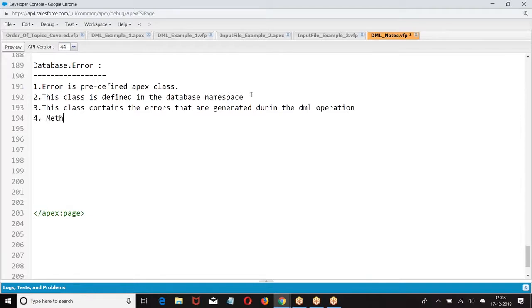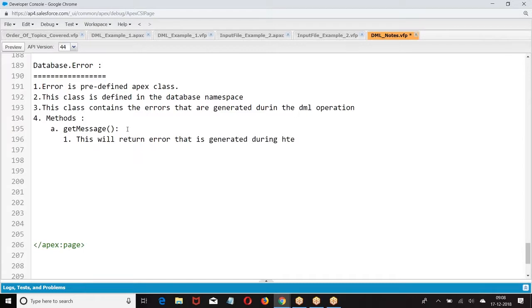What are the methods we have? The error that is generated during the DML operation.